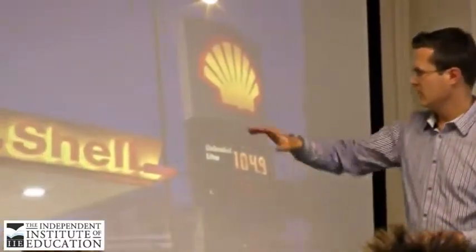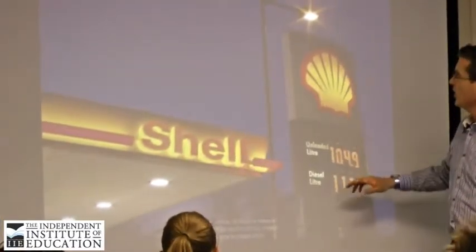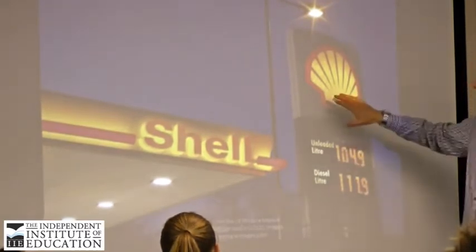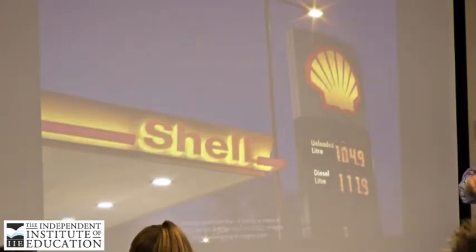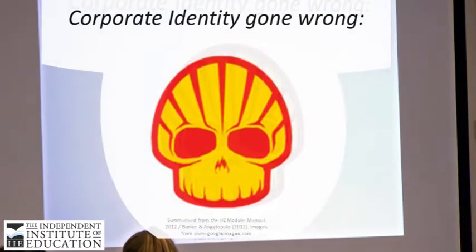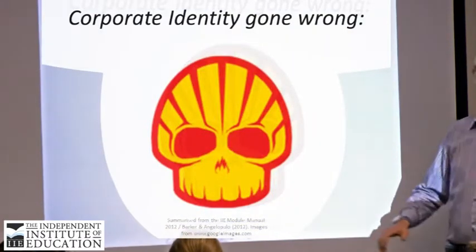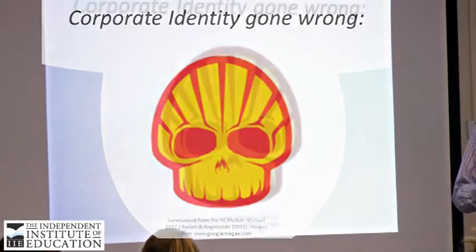coming back to corporate identity, architecture, name, colors, logo, all of those elements, we can see this is not a BP or Engen just by looking at the colors, the symbols, etc. But lately Shell has been presented as this. A lot of people are very unhappy about fracking. It's a process of almost pushing water into the ground at a very high speed to loosen the rock, and to then release the gas.